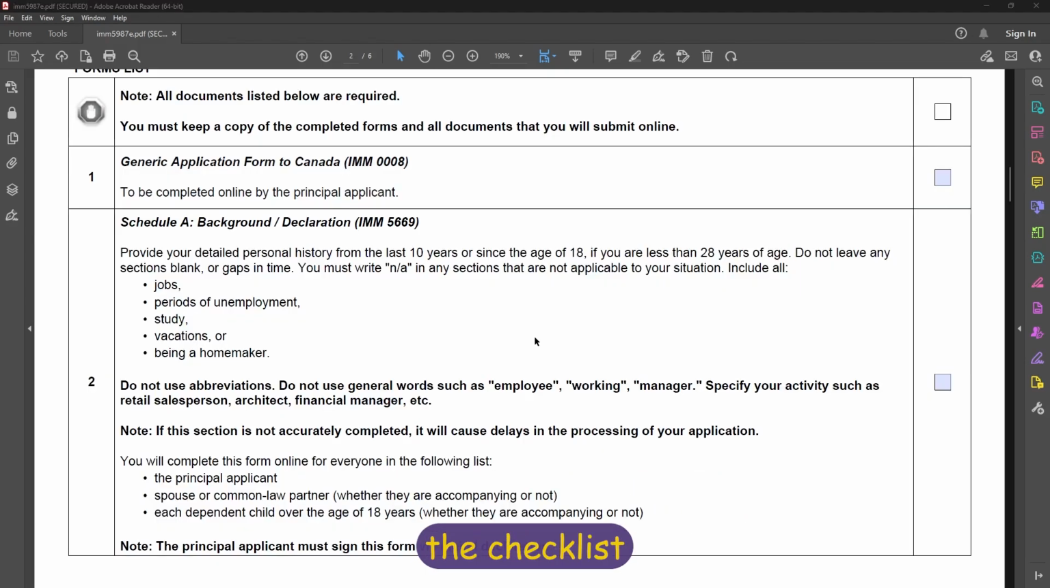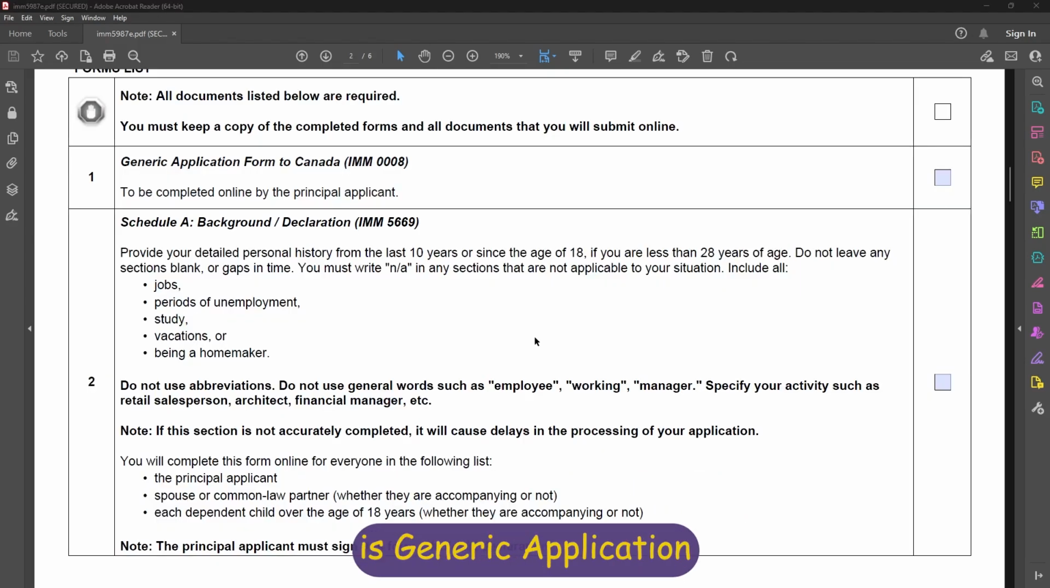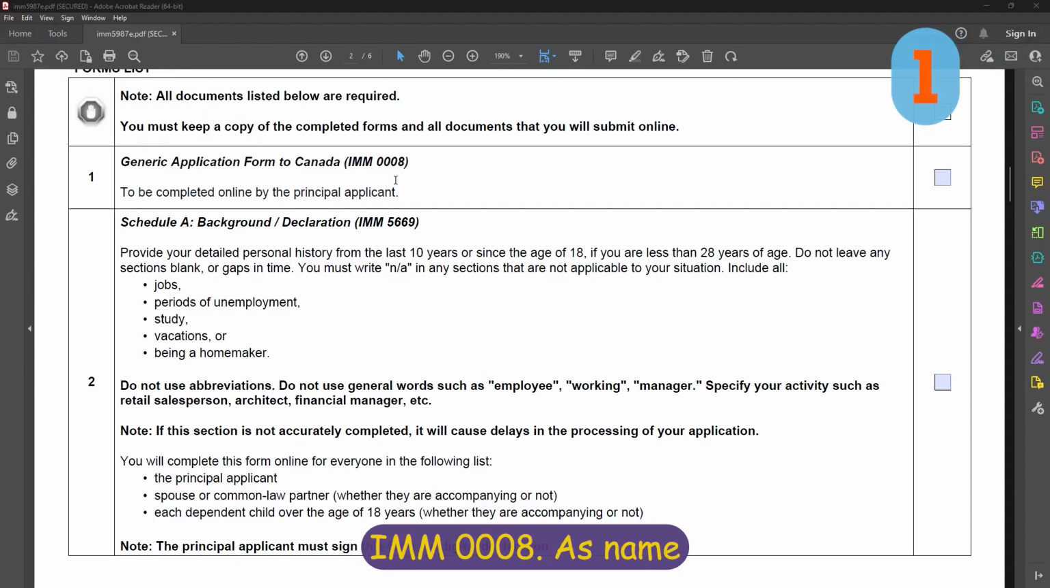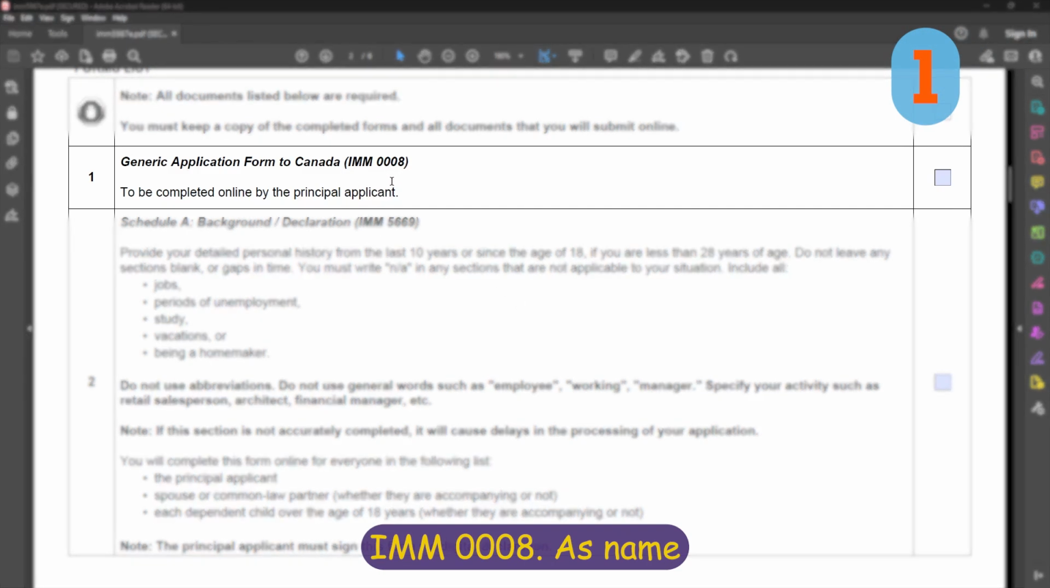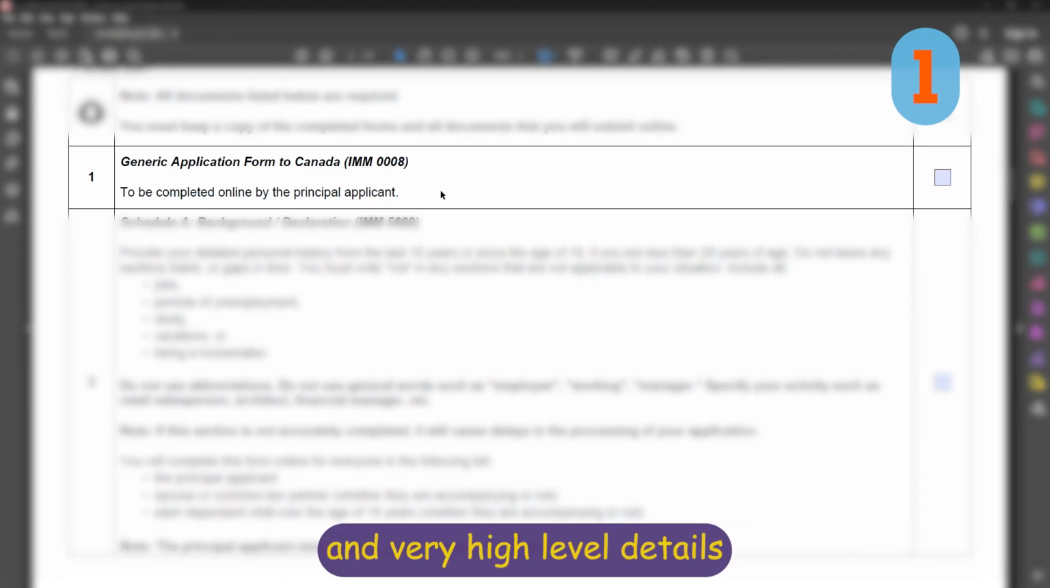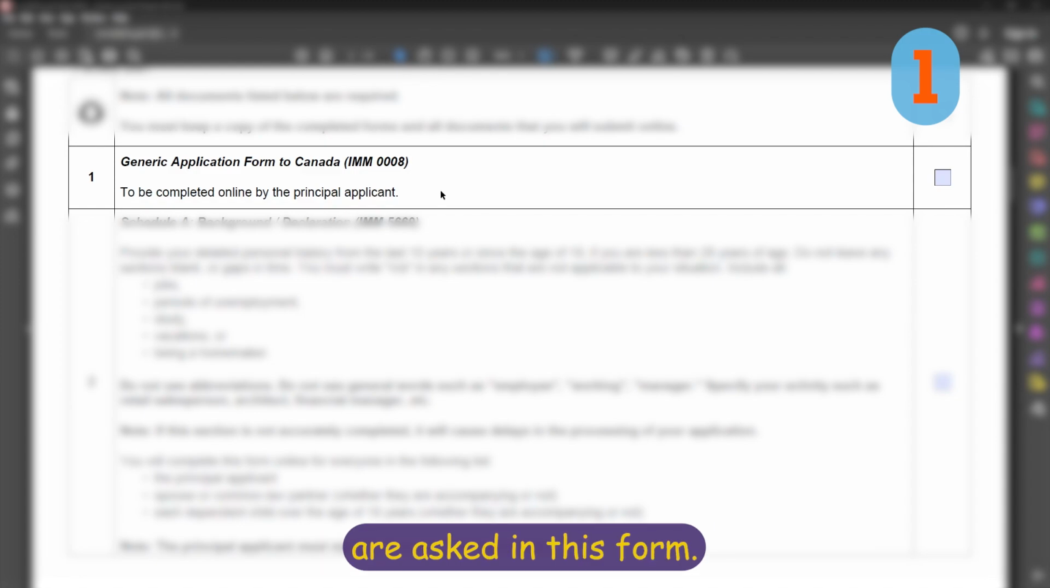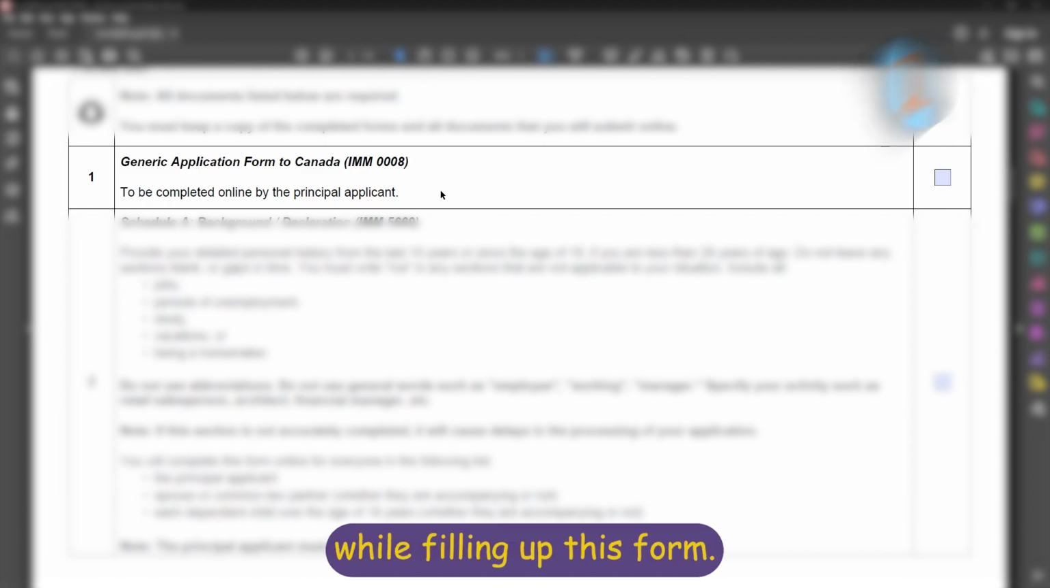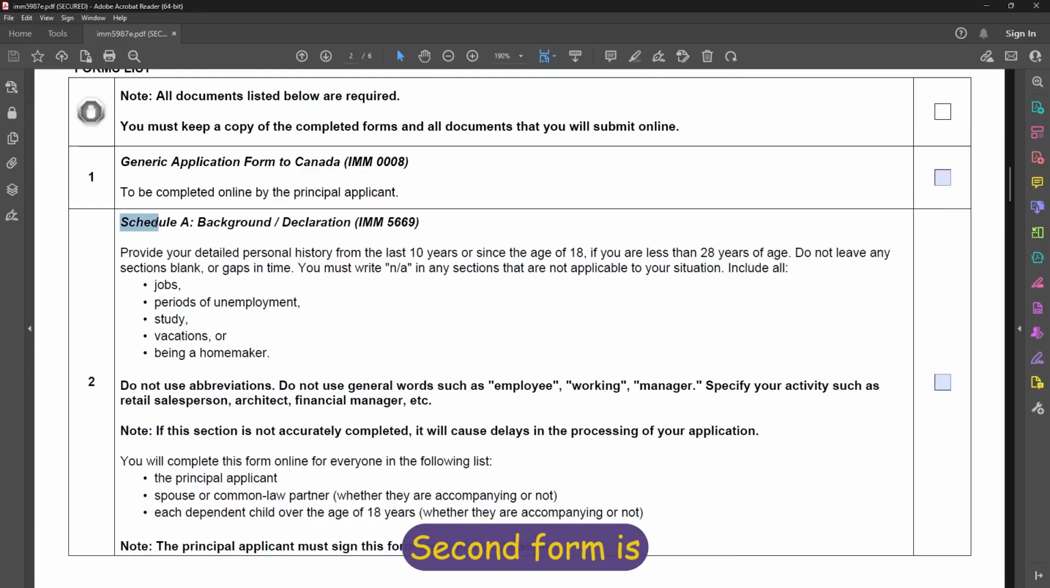The first form of our checklist is the Generic Application Form to Canada, IMM 0008. As the name suggests, it's a very common form and very high level details are asked in this form. This form is very easy to fill and you will have all the details with you while filling up this form. Second form is Schedule A